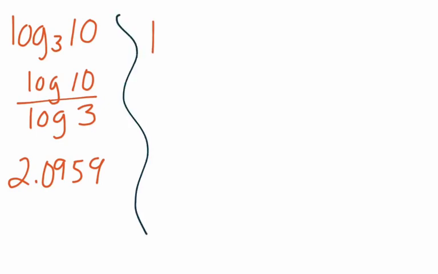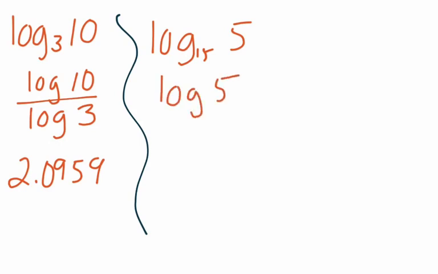Second one we're going to do is log base 15 of 5. And if you look at the notes, I had log base 5 of 15. And the reason I switched it is because I don't want you to always think that the base is smaller than the argument. So we're going to do the log of 5, the attic, divided by the log of the basement, which in this case is 15. So I'll have log of 5 divided by log of 15. And I get